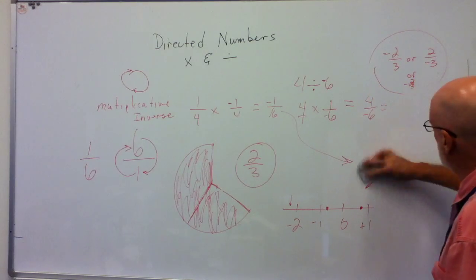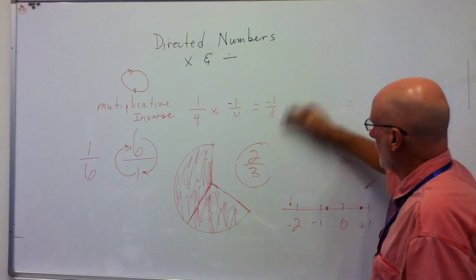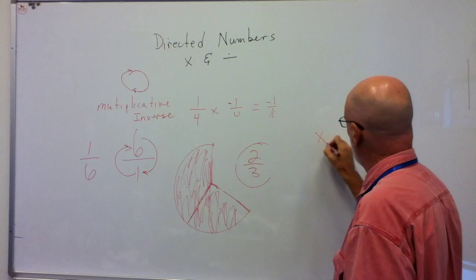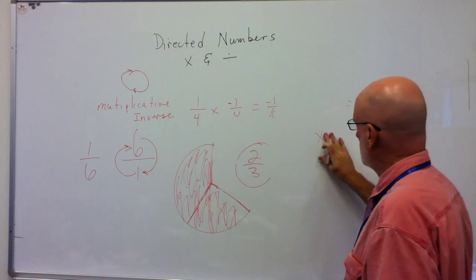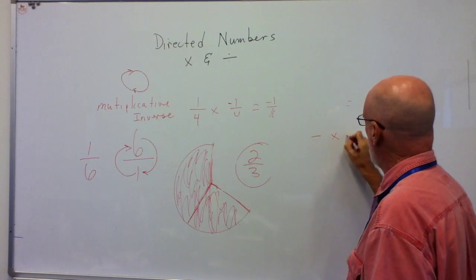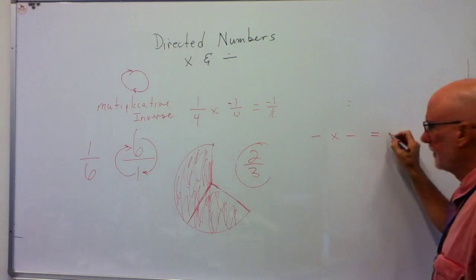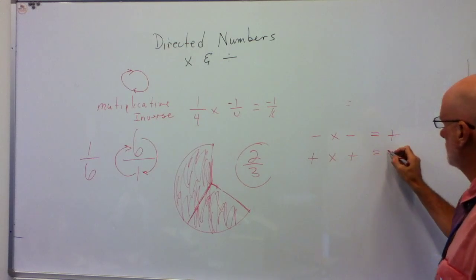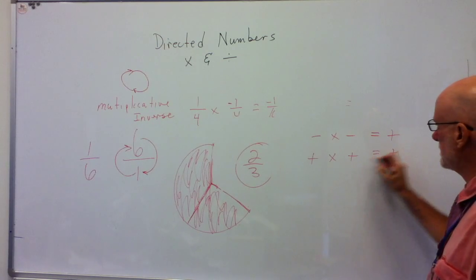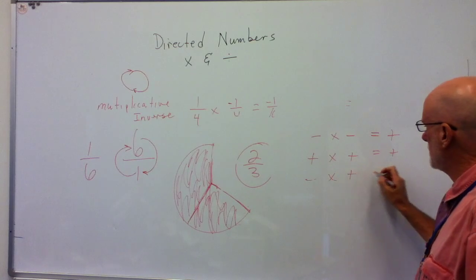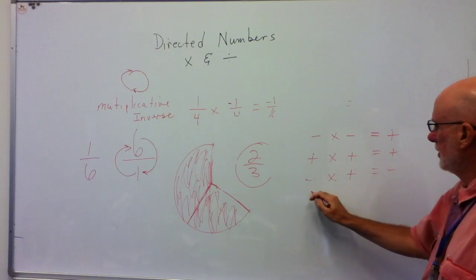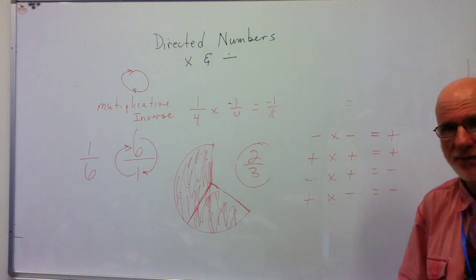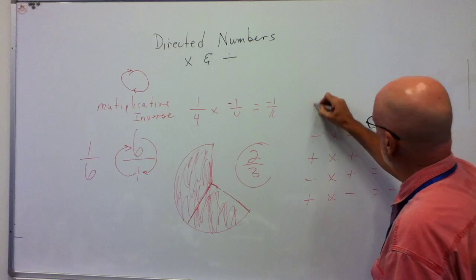That is directed numbers. So we can write a rule, and the rule is right in your textbook. If it's negative times negative equals what? Positive. Positive times positive equals what? Positive. Negative times positive equals negative. Positive times negative equals negative. You see that? This is for multiplication